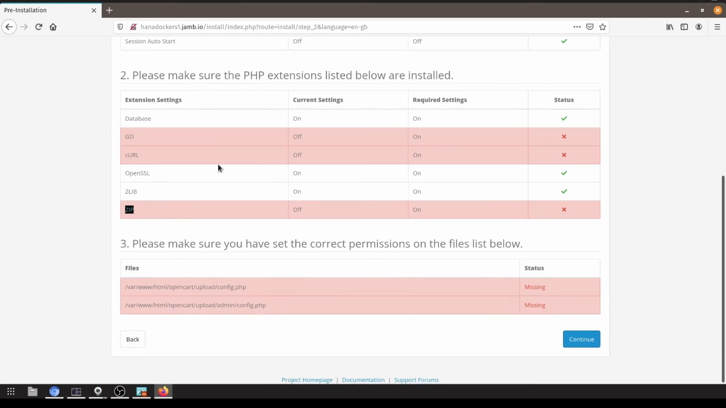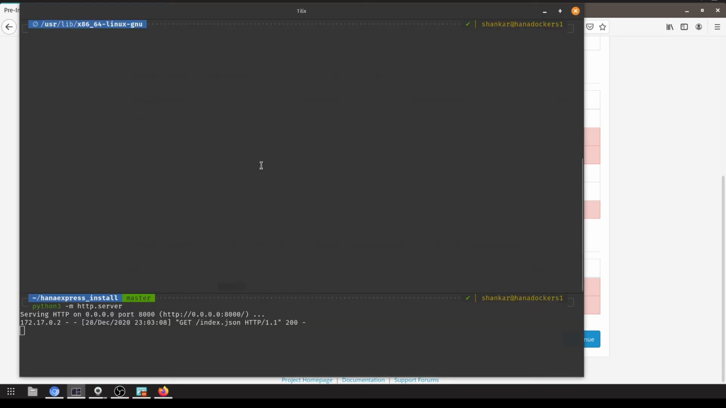Along with these three PHP extensions, we need these two files, writable files, in upload directory and in upload admin config. So we will create those two files. We'll switch back to var www html opencart and upload. We can create a file using the command touch. So that would be sudo touch config.php